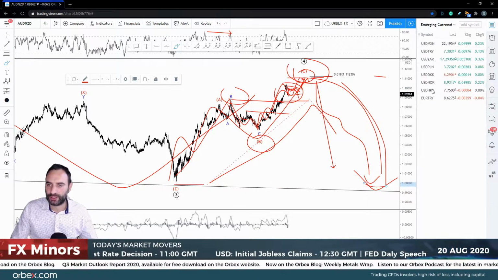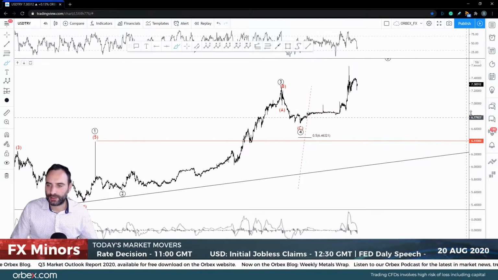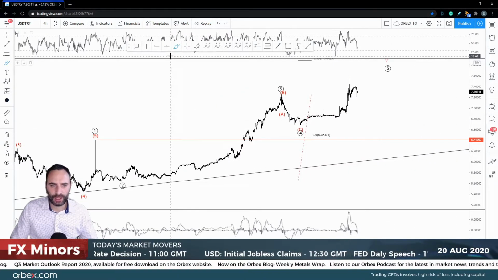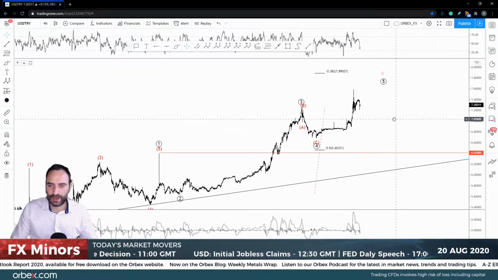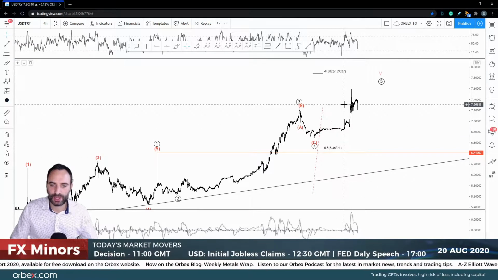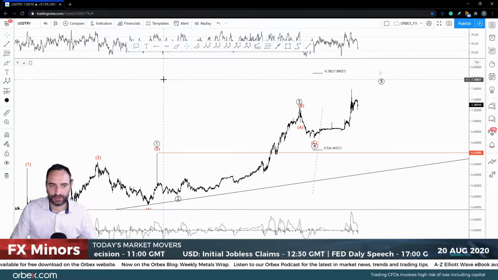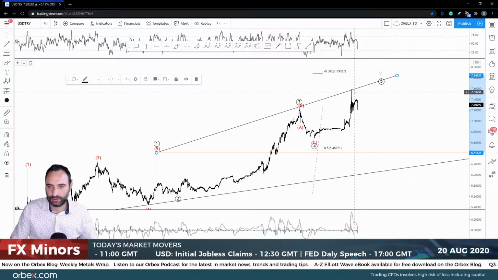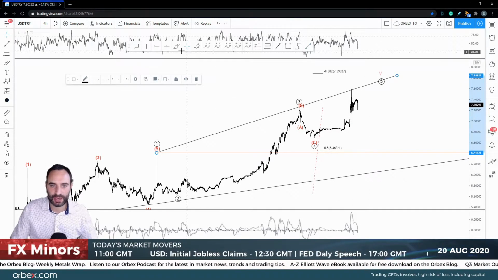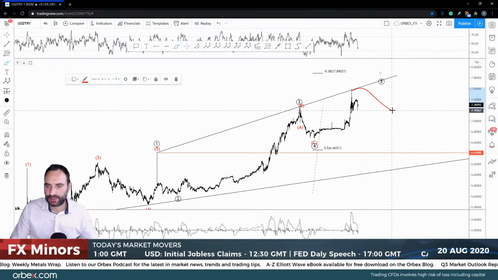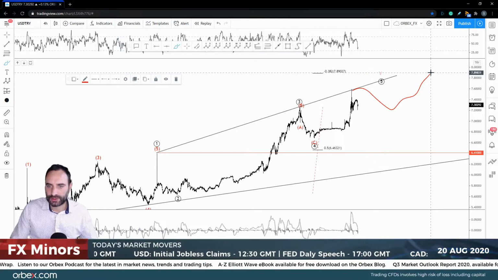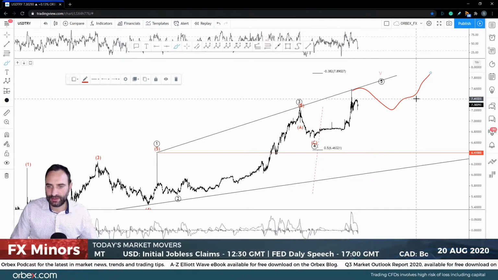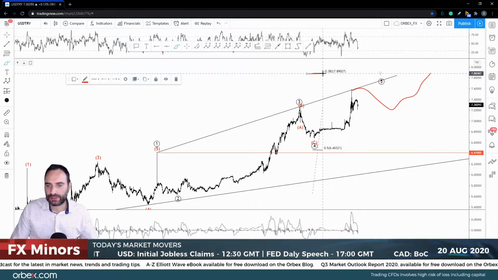And if we go quickly to dollar against the Turkish lira, we talked about this opportunity as well. This is 1, 2, 3, 4, and 5. I'm looking at this as an impulse in wave 5, the final wave. And since we've already done that, I wouldn't be surprised if that turns into an ending diagonal. We could go somewhere like that, some sort of formation that is going to take us to around 7.189, and I'm looking at this level because it's a 38.2 Fibonacci